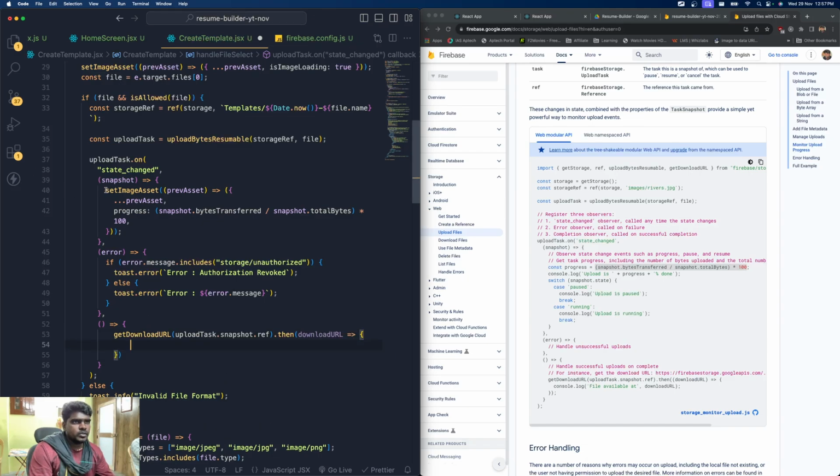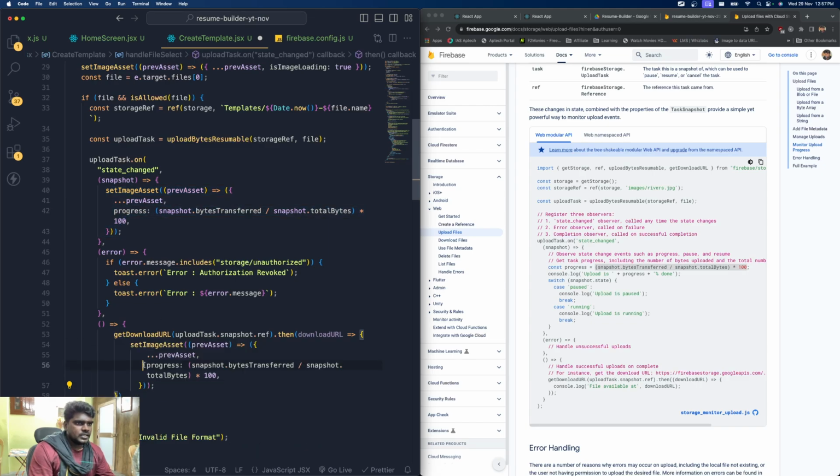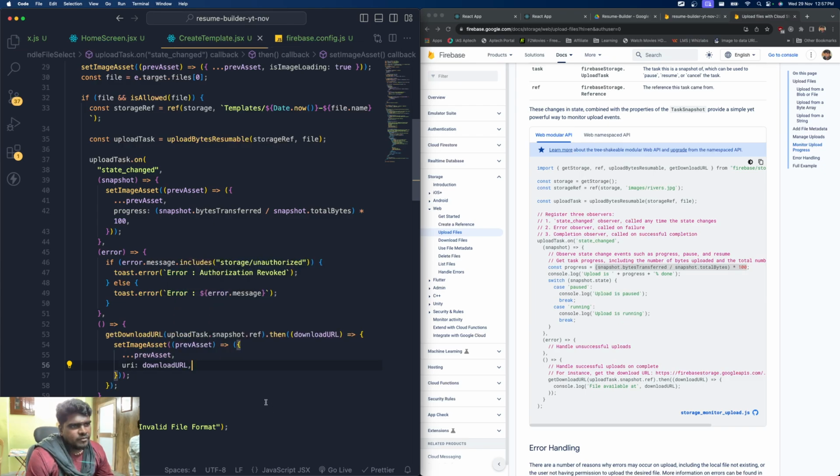So I'm just going to copy this and paste it over here. This time we are not going to update the progress. This time we are going to update the URI, which is going to be the download URL. Save the changes. So now if everything is successfully fine, we have the download URL and everything. So if this is downloaded successfully, I'm going to send a message like the image uploaded to the server, like file uploaded successfully, let's say